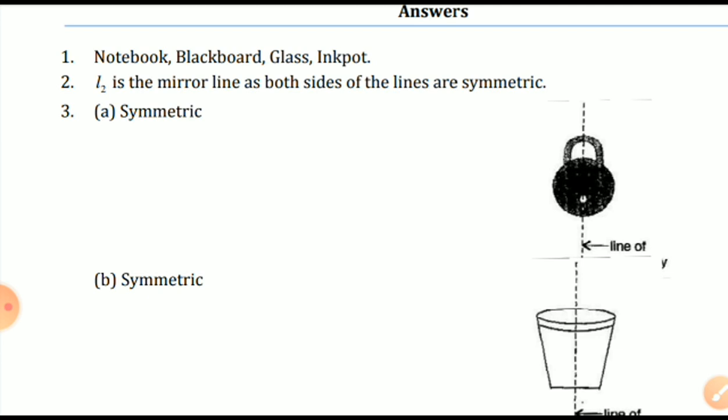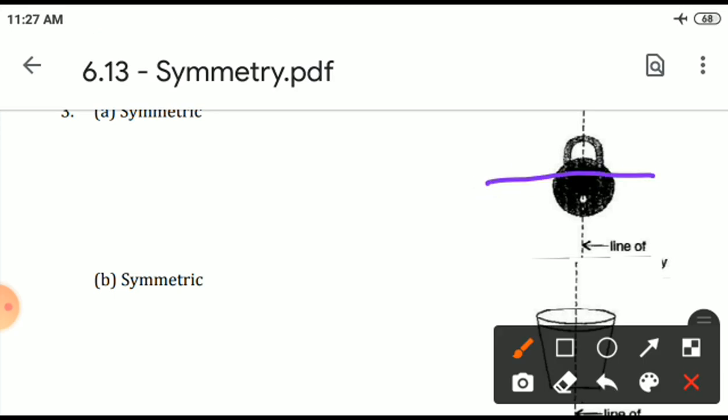What about the third one? Question number 3. Is it symmetrical? Is a lock symmetrical, beta? Yes, there is a line of symmetry. We are discussing line of symmetry in this exercise. In the lock, we can see the line of symmetry is vertical. Straight line means vertical, beta. Can we cut the lock this way, so that whatever is on the upper side is the same as the downside?